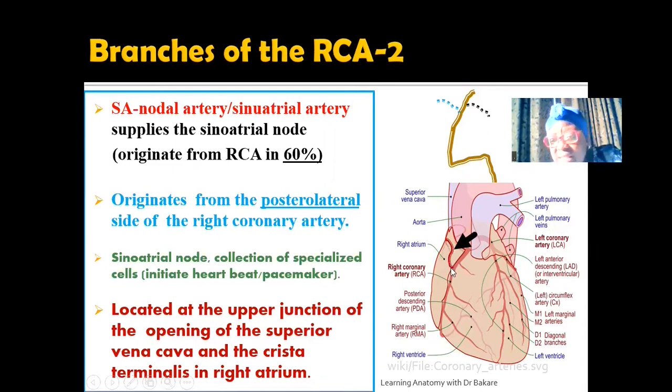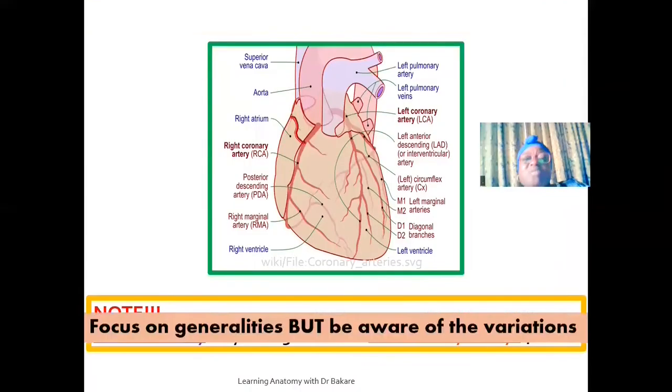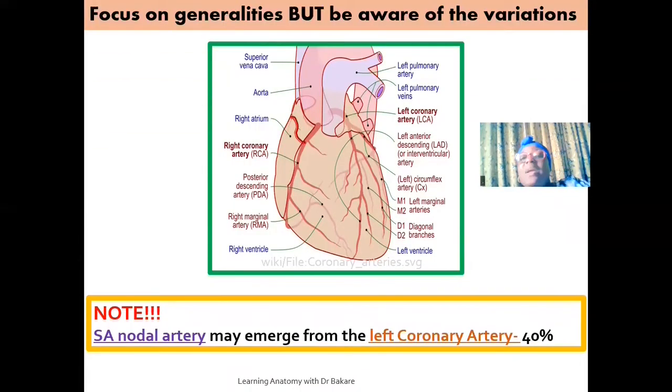And that is why you see it emerging from the posterolateral side of the right coronary artery, then tailing towards the right atrium, where it's going to be supplying the sinoarterial node. So we've also established this in our lecture on the right atrium. If you go through that lecture, you will be able to understand specifically where the sinoarterial node is located within the right atrium. So it's good for us to establish that we have general emergence from the right coronary artery,